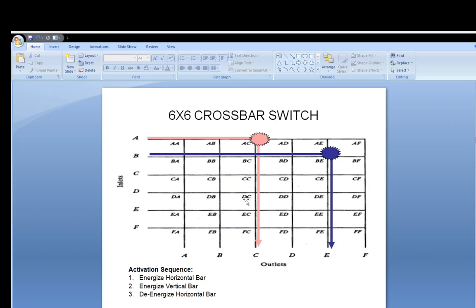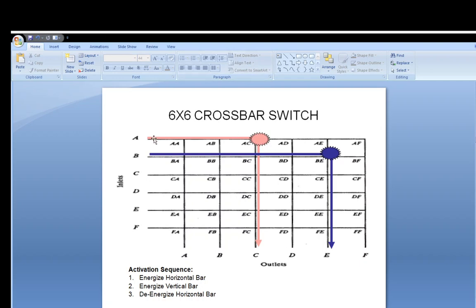This is a false call. Subscriber A has not asked to call E, subscriber A has not energized A to connect a call to E, but because in some other call E is energized, there is a possibility of connection between A and E at the point AE. So this seems to be a big drawback, a big mistake in this type of switching system. But let's discuss what the matter is and how we can remove it.